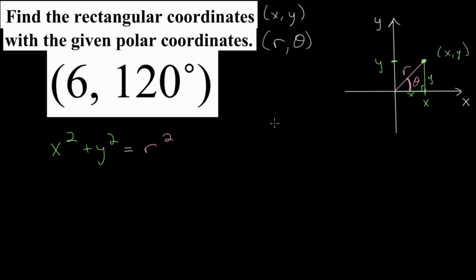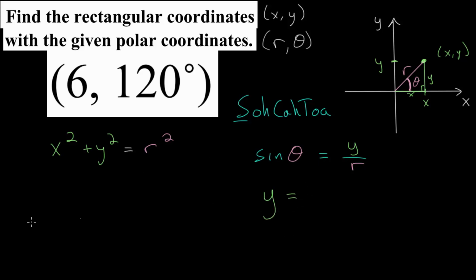Though if we want to use trigonometry, we will need our right triangle trigonometric definitions. We can use SOHCAHTOA for that. Let's say that we want to define the sine function. We can say that the sine of our angle theta is equal to the opposite side divided by the hypotenuse. We know that the opposite is y, and we know that our hypotenuse is r. From here, we can rewrite this in terms of y. We can multiply both sides of this equation by r,